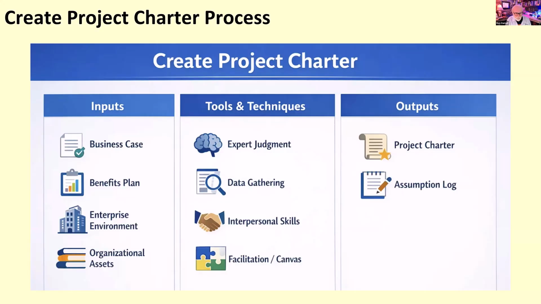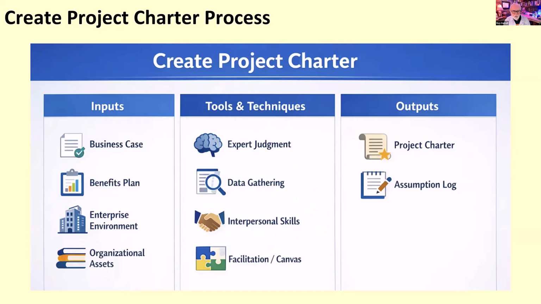The one thing they did that's kind of frustrating is they used to keep them all together, and now you go look at the project charter process and it says inputs and outputs. Then the tools and techniques, it'll list them, but if you want detail on the tools and techniques, you have to go to a separate section. And I think they did that just to eliminate